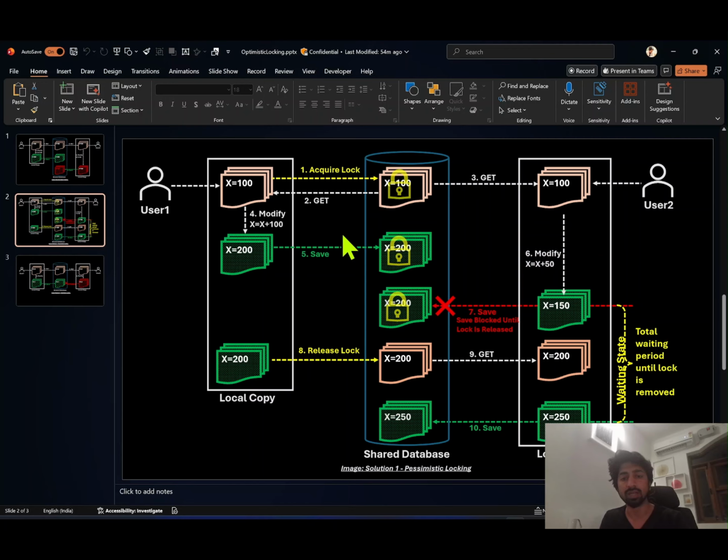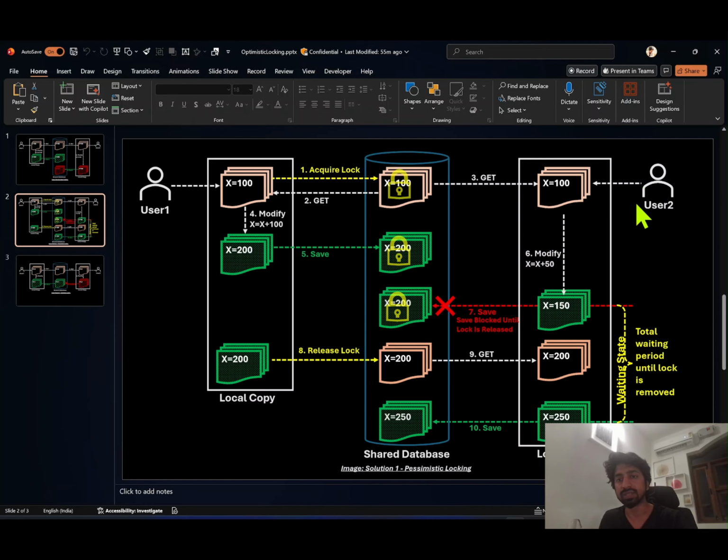So for example, user one is again trying to update the record. Before updating the record, it is acquiring the lock on that particular record, and then it's reading that record from the database. At the same time, user 2 is also reading the record from the database, and since it's a write lock, user 2 was able to read the same record because there is no read lock on that particular record. Now coming back to user 1, so user 1 now adds some update on that particular record. For example, it's adding 100 to that initial value of x, which was 100, and now the updated value is 200,